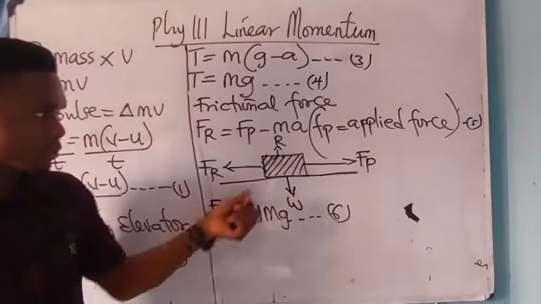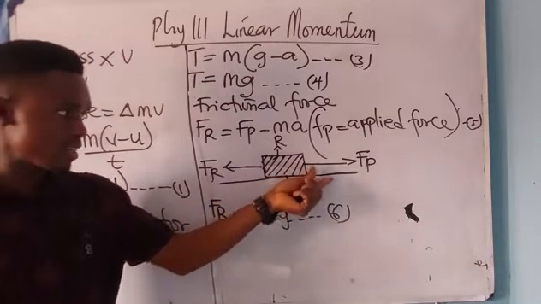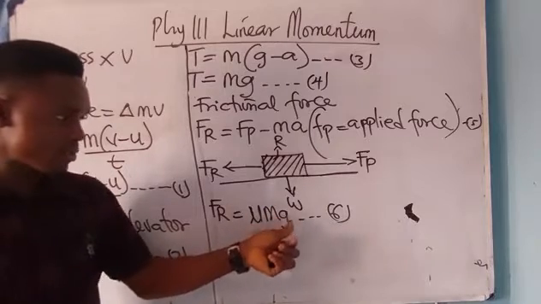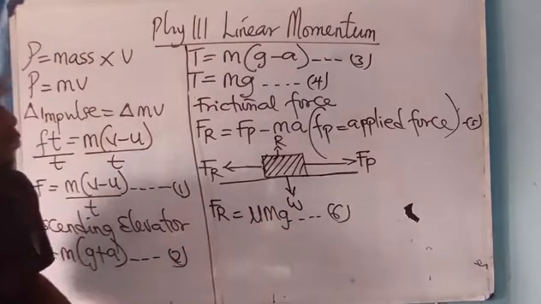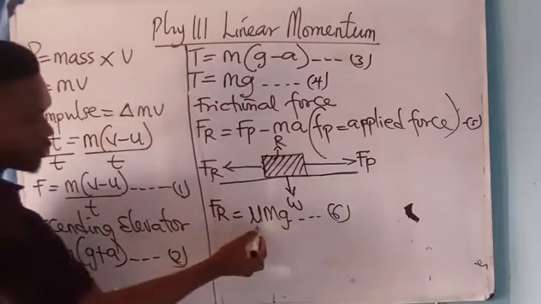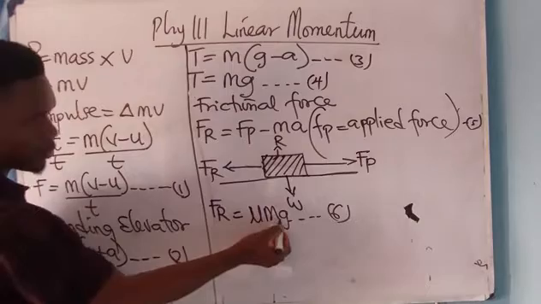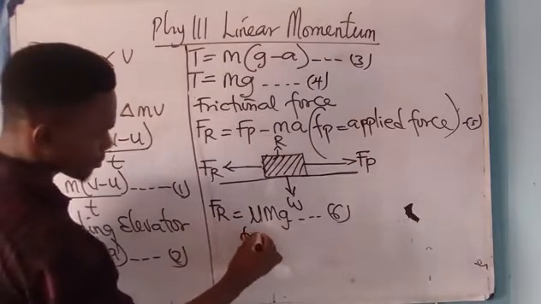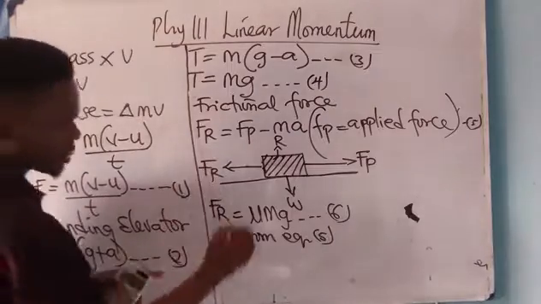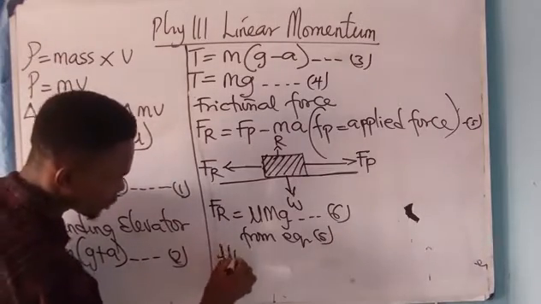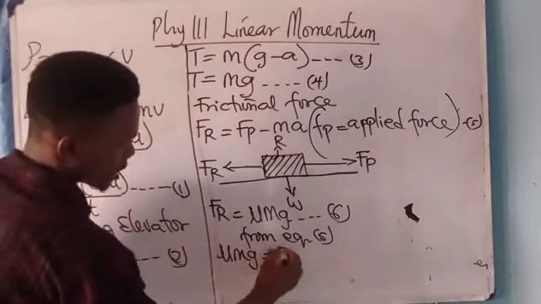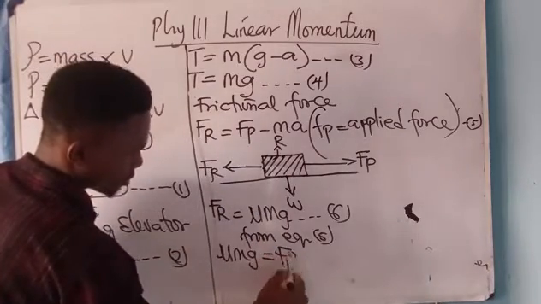The frictional force of this mass is given as the coefficient of friction times mass times gravity. Now go back to case 5, which means whenever you see F arrow, you put coefficient of friction, mass times g. You say from equation 5, so which means I'll have coefficient of friction, then Fp minus